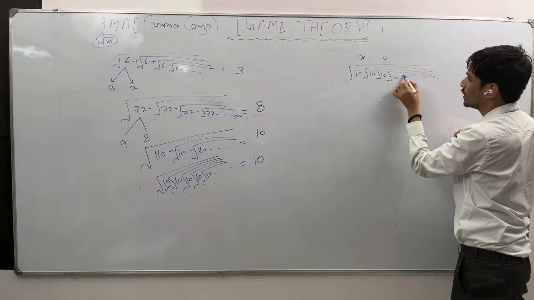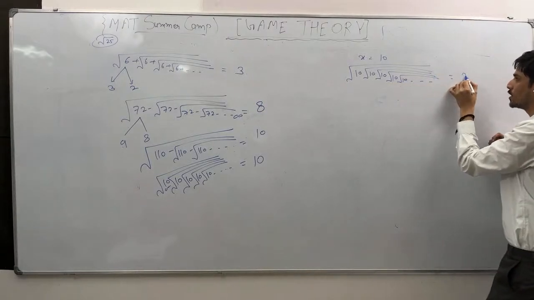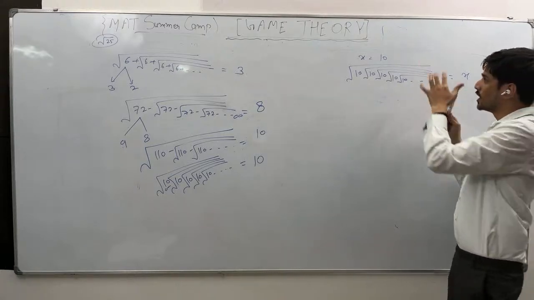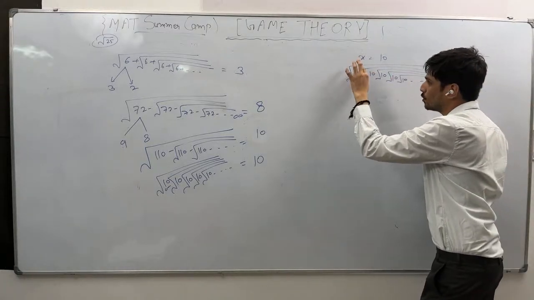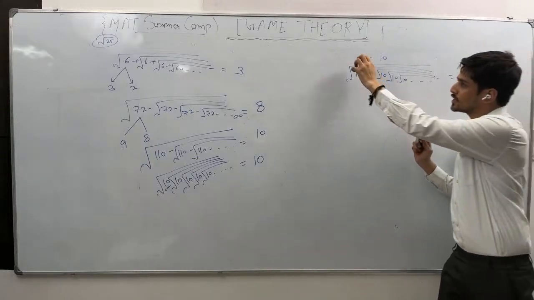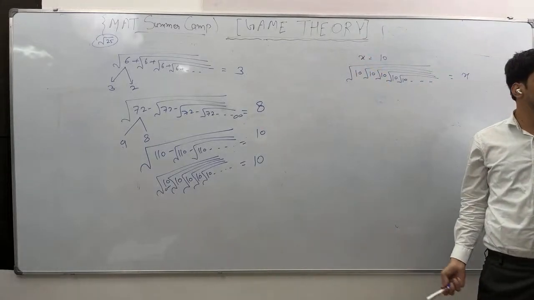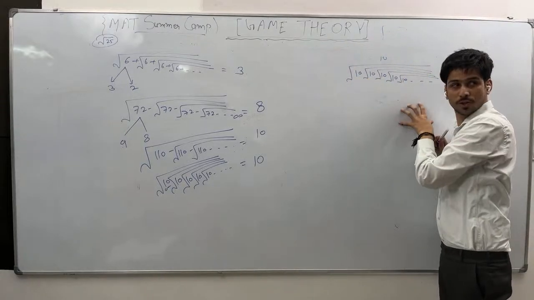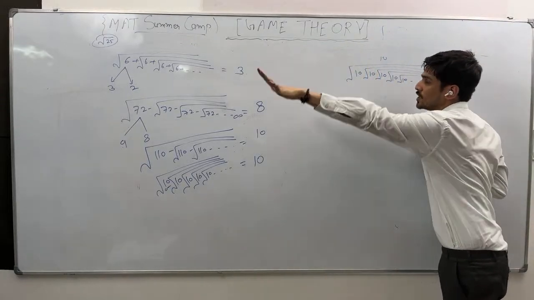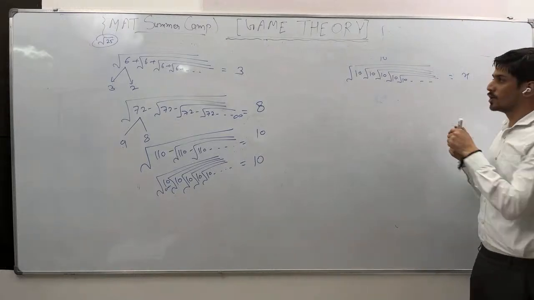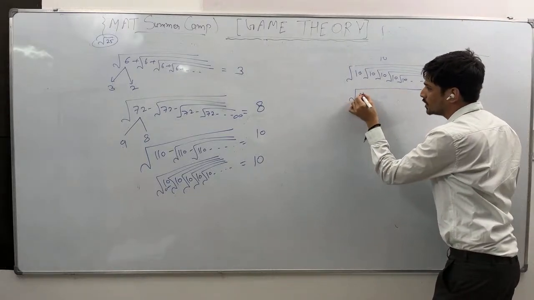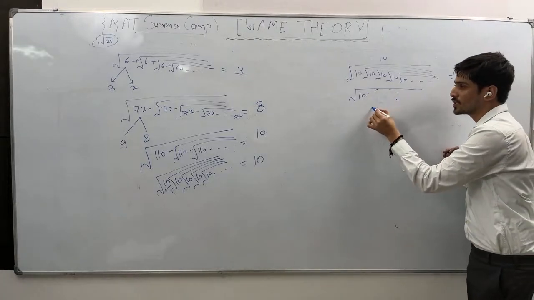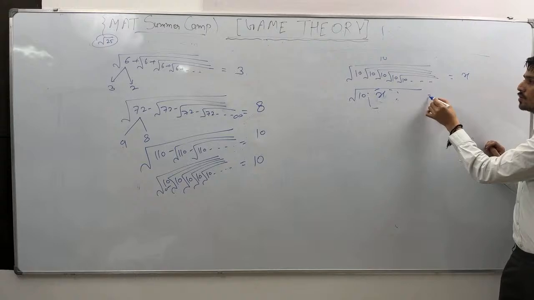And all are multiplied. If you take the whole number as x and you consider this as an ocean, and you consider this square root of 10 as a single drop, if I take the single drop out, then what will happen to the ocean? Nothing will change. Out of the ocean, if I take a single drop out, the ocean will remain the same. So this one single drop I am taking out, the rest of the numbers, can I write it as x? Same x, right? So this will be x.